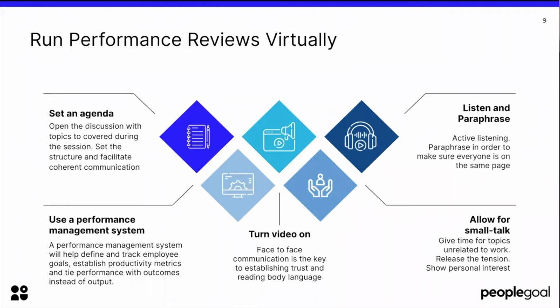I think that's really interesting, because just because we have gone virtual, there has been this lack of communication and a feeling of isolation. But just because things are virtual doesn't mean that they have to be impersonal. And there are many ways that you can make these virtual meetings more personal between the employee and managers, as we've mentioned with using video, which I know a lot of us aren't always keen to use whilst working from home. But making sure that both the employee and the manager have their video turned on for performance reviews is